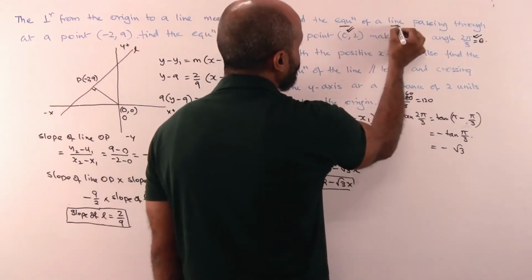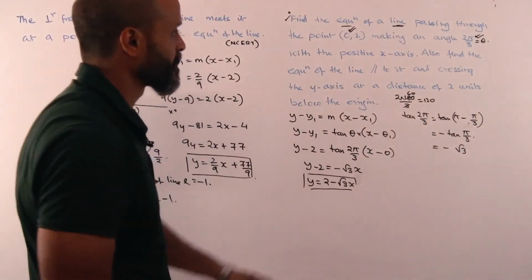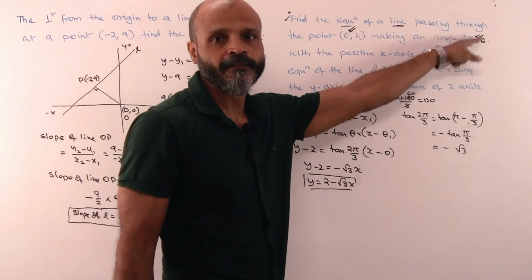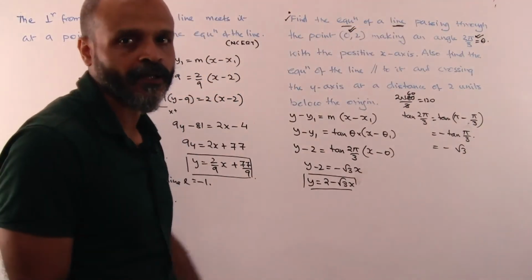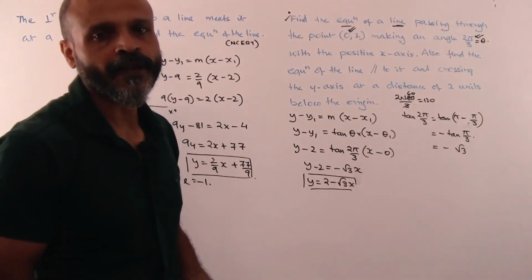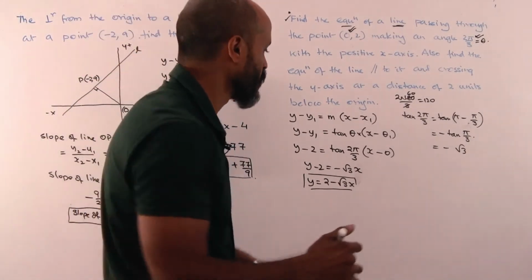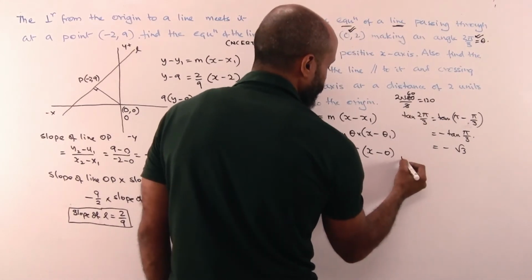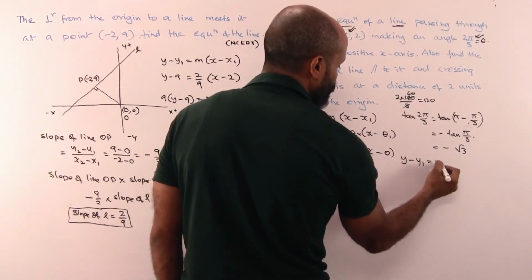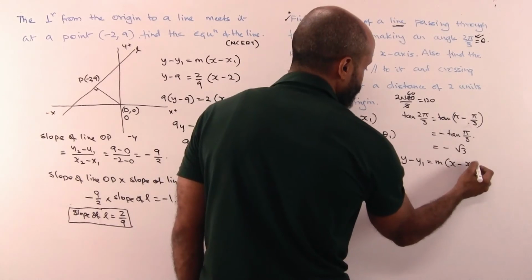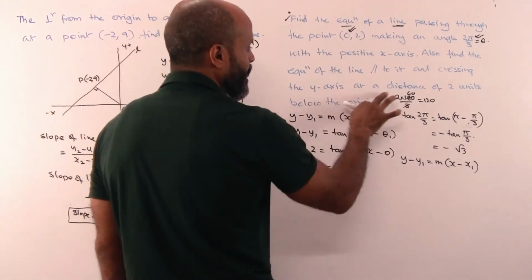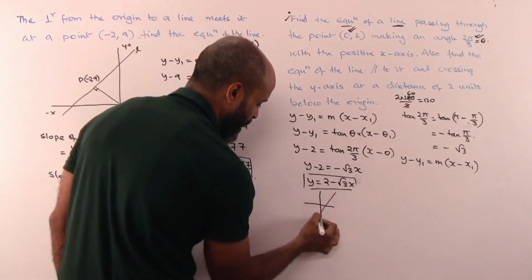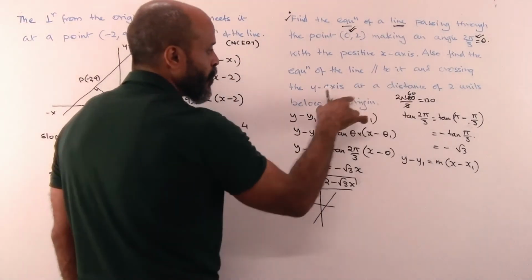Find the equation of a line. So this is basically the equation. Now also find the equation of a line parallel to it. Since the lines are parallel, theta will be equal, so tan theta, the slope, will be equal. We have seen that the slopes of lines which are parallel are equal. So obviously we know the slope of this line. So we can easily, again using the same format, y minus y1 is equal to m into x minus x1. Now look at it, crossing the y axis at a distance of 2 units below the origin.